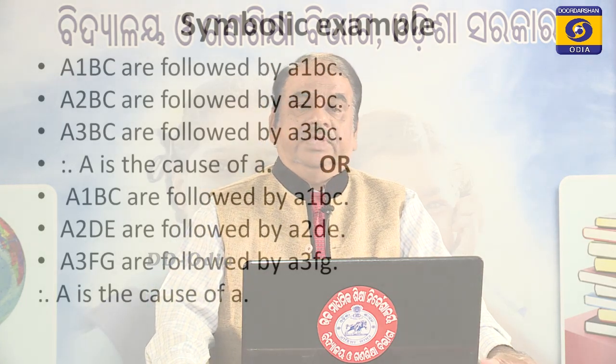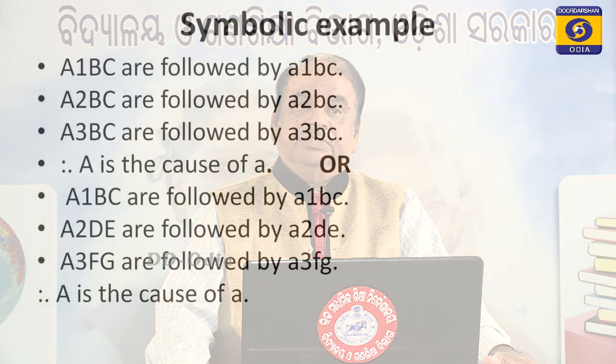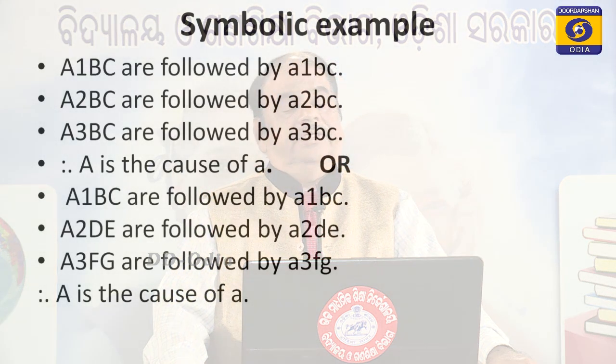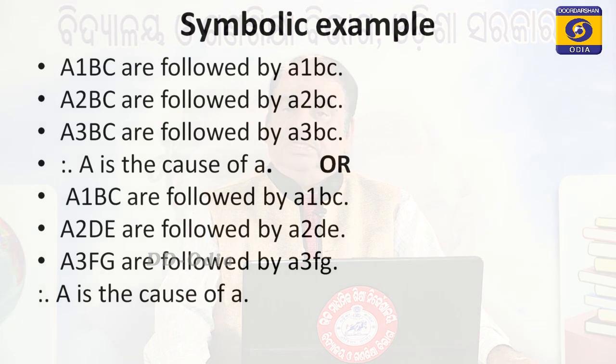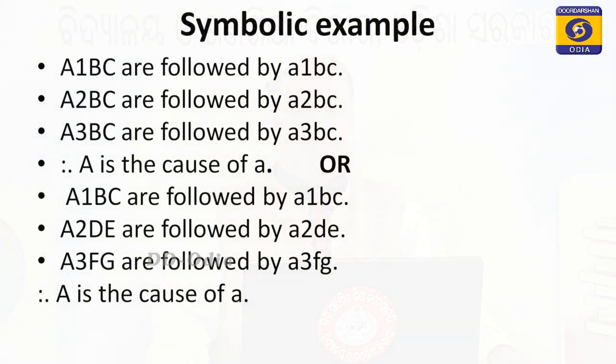Like others, capital ABC refers to antecedent factors and small letters abc refer to consequent factors. Now, A2 instead of A1: A2 BC followed by a2 bc, A3 BC followed by a3 bc, therefore, A is the cause of a,